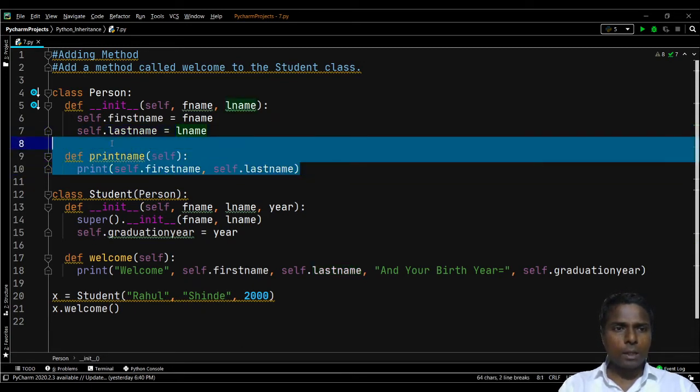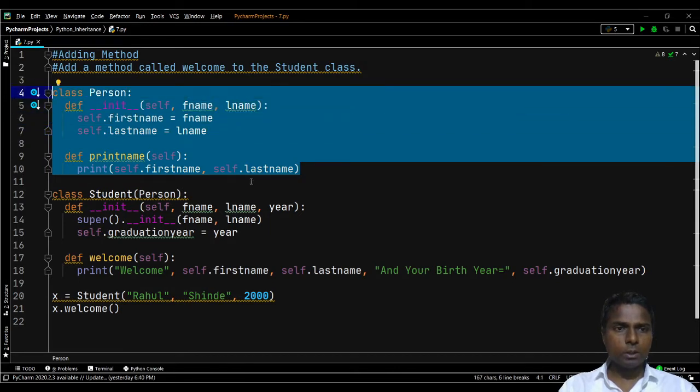Now, this part we have already seen, which is the definition of the parent class, where person is our parent class. init is our built-in method for this parent class. print name is the first method for this parent class person, which is a user-defined method. f name and l name will have values coming from the main script. self is the first parameter for this init function, which is a built-in method, and this function will be executed automatically when an object is created.